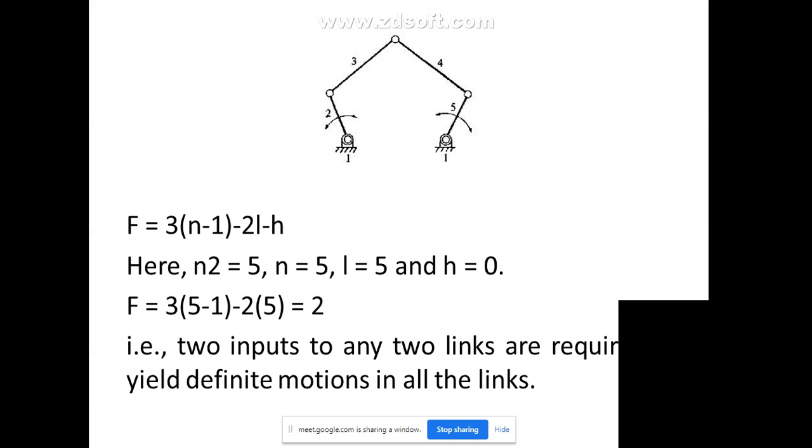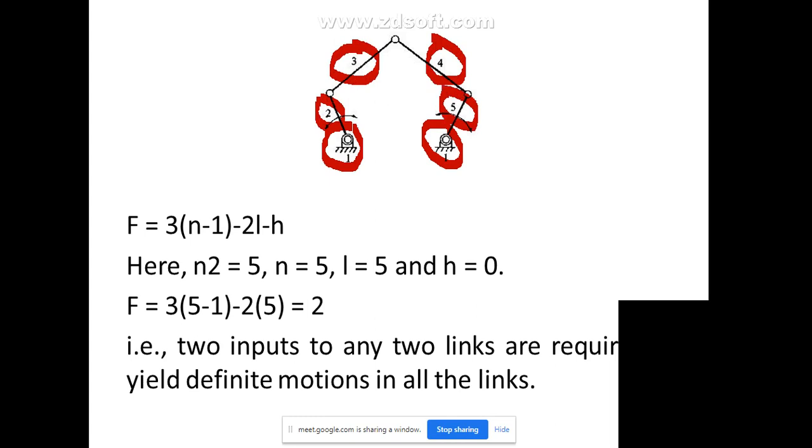Next, suppose now the same type of consideration, we go with a greater number of links. You can see in this figure, link 1 is again made completely fixed here. Then we go with a connection from the next point. So this is the second link. Next we have the third link, then the fourth link, and then the fifth link. Okay. So in this case how many links do we have? We have 5 links. That is, all are binary only. So we get the number of links as 5.